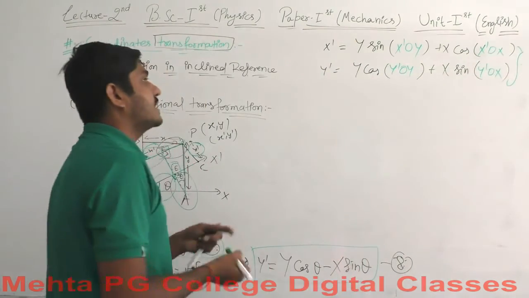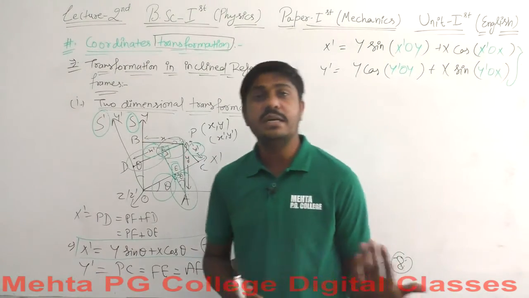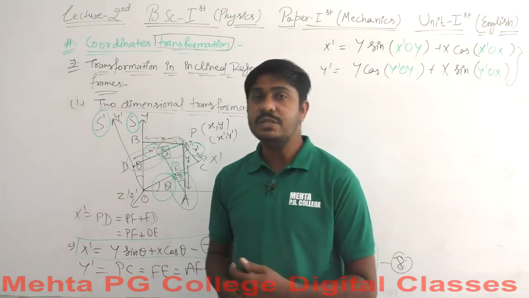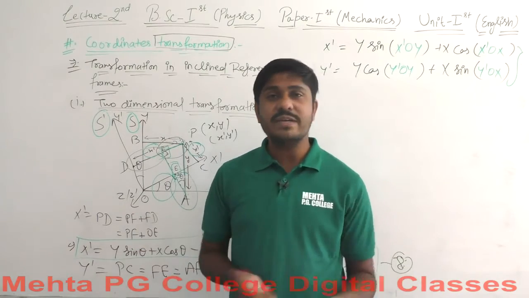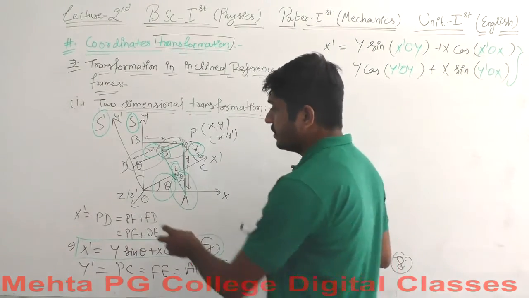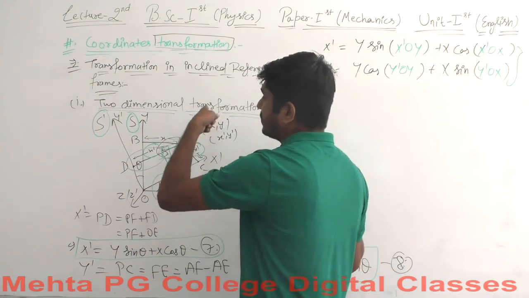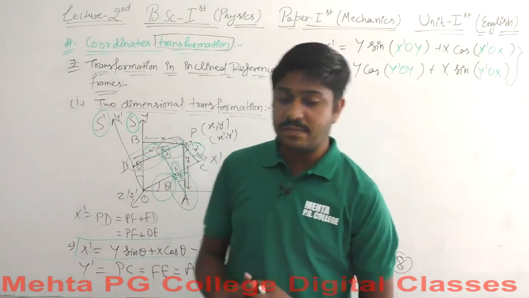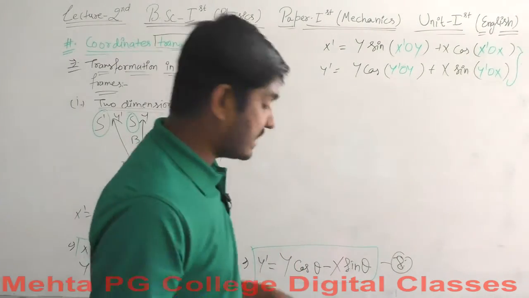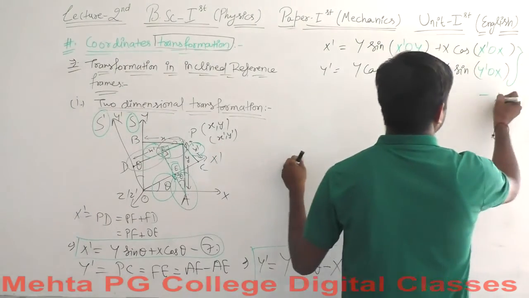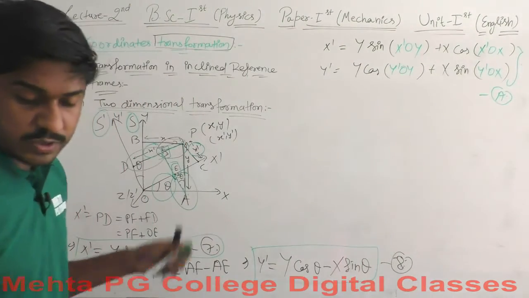This is the transformation of displacement for two reference frames which have an inclination of angle theta, and they have the same z axis values. So this is for the 2-dimensional transformation. So what if there is a 3-dimensional transformation? I am going to use these two equations, say equation A and equation B for reference.